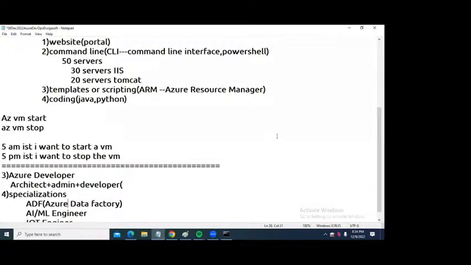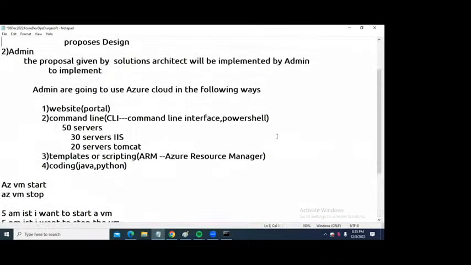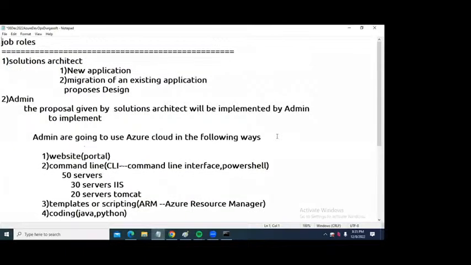And there are specializations, like data warehousing, Azure data analysis, and IoT, meaning Internet of Things engineer. These are the different positions. So like this we can have 3 different roles, and one is specialization. Now guys, did you understand the job roles and what every person is going to do in the industry?